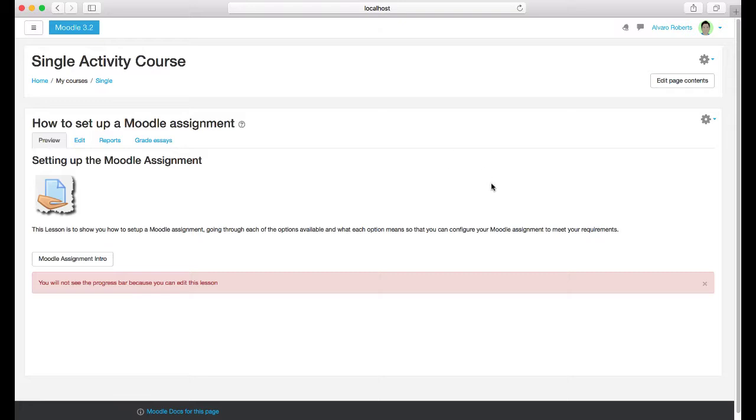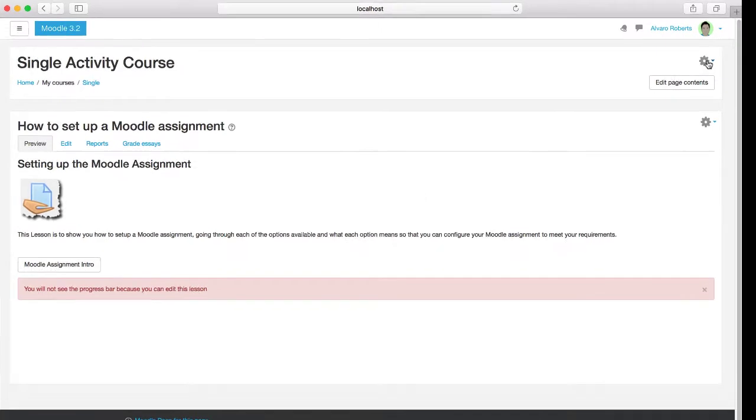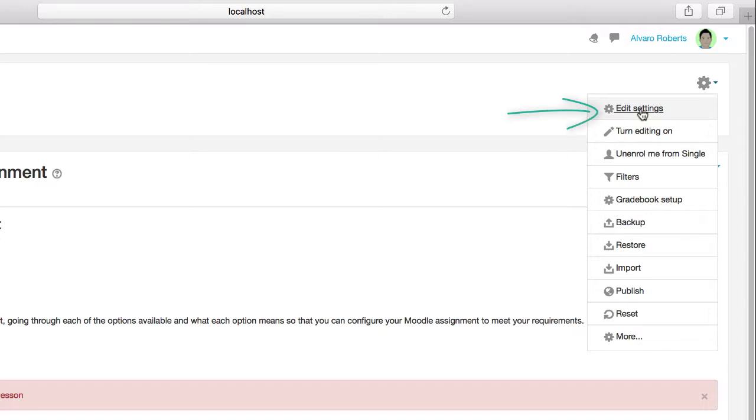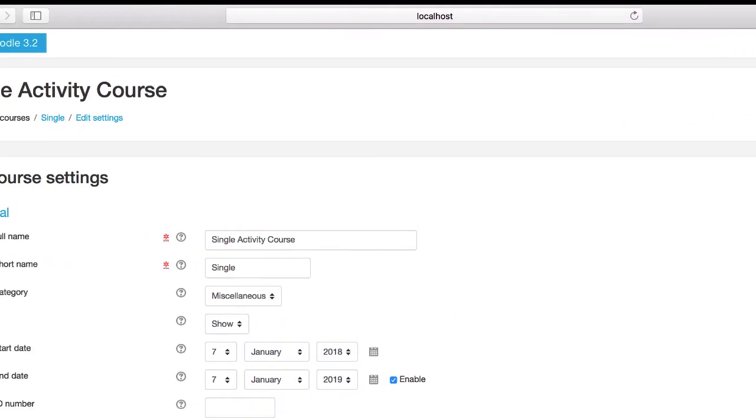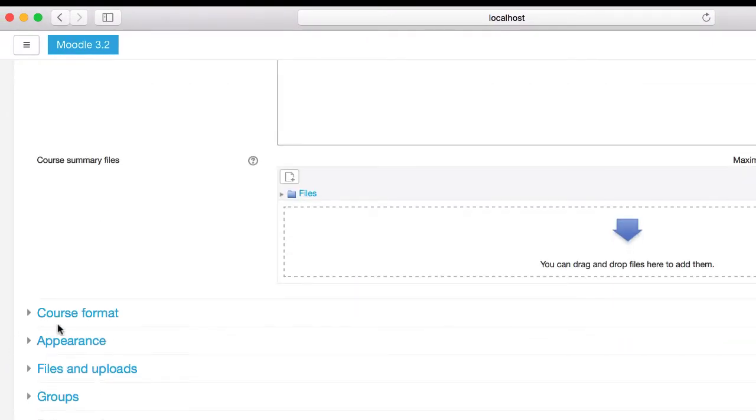The next format is the single activity course format. This format only lets you add one activity onto the module. This is particularly good if you've got any third-party content that you want to add to the module and you just want the user to access that content and nothing else. Here I've set up a Moodle lesson, and essentially that is all the student will cover. If I just click on the cog icon towards the top right, select edit settings again, and move down towards the course format,